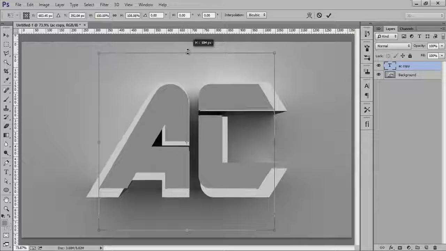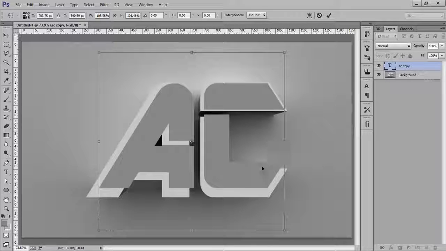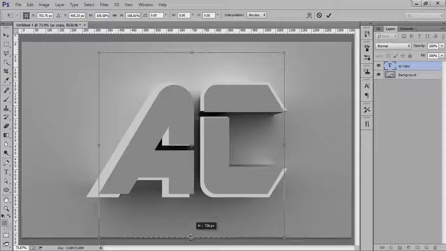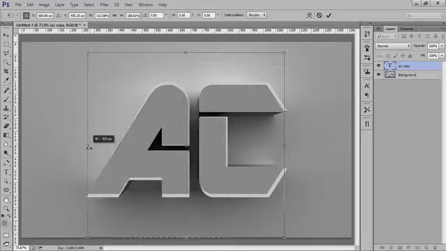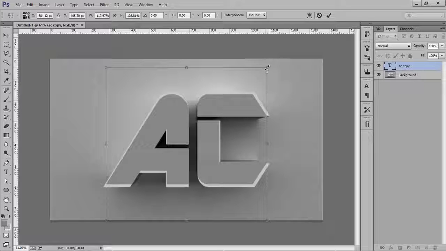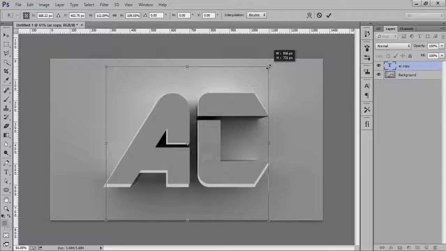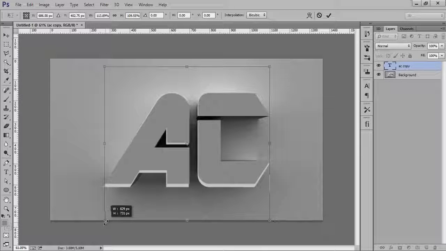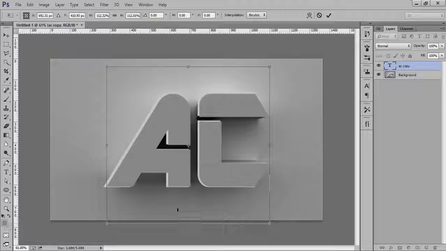So I will match it with the text. Now it requires practice to make it match with the 3D.